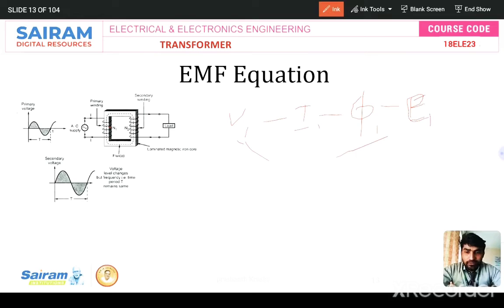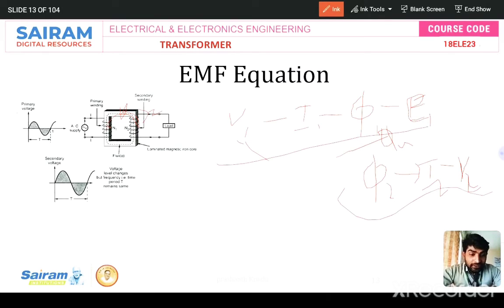So here phi 1 will be there, and the secondary winding is placed near the primary winding, right? Due to this phi 1, there is a phi 2, the induced flux on the secondary side. Here there is a mutual flux linkage from primary to secondary. Phi m is the mutual flux, and phi 2. Due to phi 2, I2 will flow through this conductor, okay? Due to I2, V2 will develop, that is the induced voltage. See here, V1 will start here and due to mutual flux linkage, V2 will be induced. That is the logic, okay?